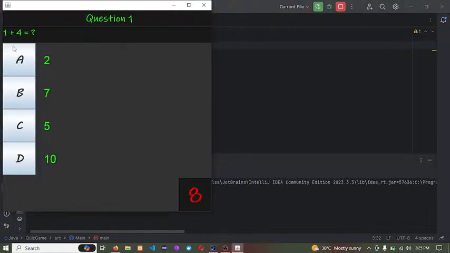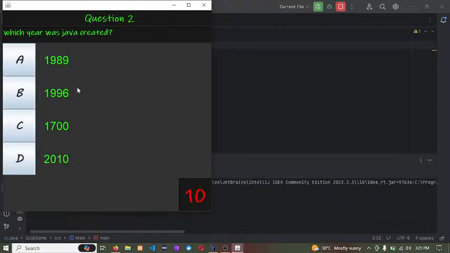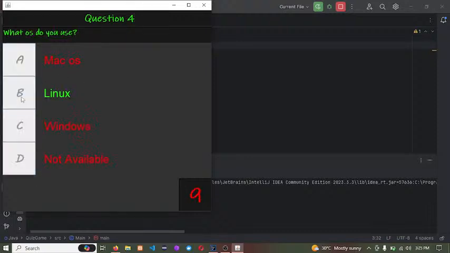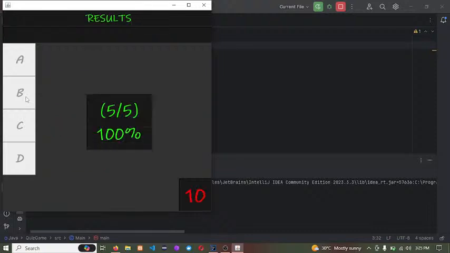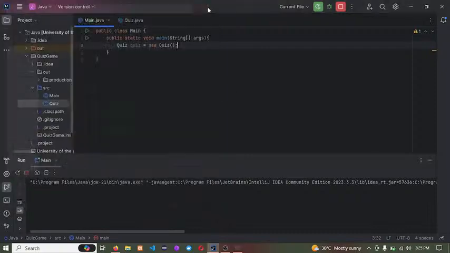So you can see here the answer is 5 before the timer runs out, and then it asks in which year Java was created, which is 1996, and Python was created in 1991, and then I'm using Linux. As I've stated in my answer, that is not the actual operating system I may be using. I got all the questions, so it's 5 out of 5, which is 100%. So that is how the game works. Make sure to check it out, and